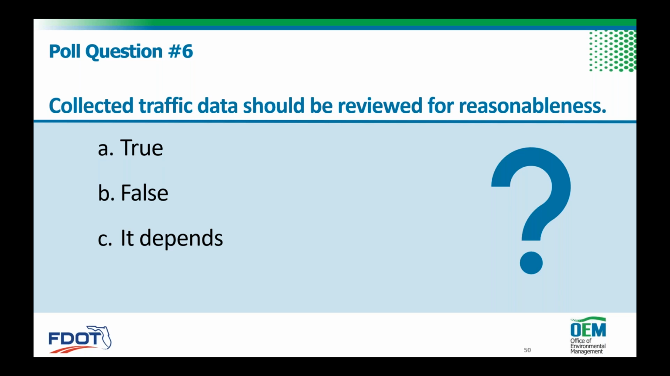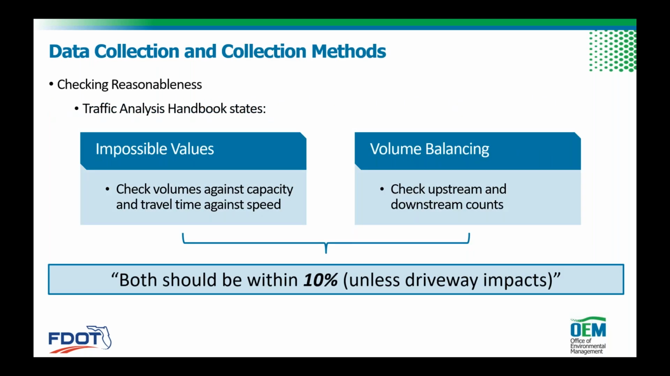That's why we have intelligent people working on these projects. And checking for reasonableness is defined as part of the Traffic Analysis Handbook. It states that there are a few things you can look at when checking for reasonable data: impossible values and volume balancing. Impossible values might be, for example, let's say you get a movement that is a 1-lane movement